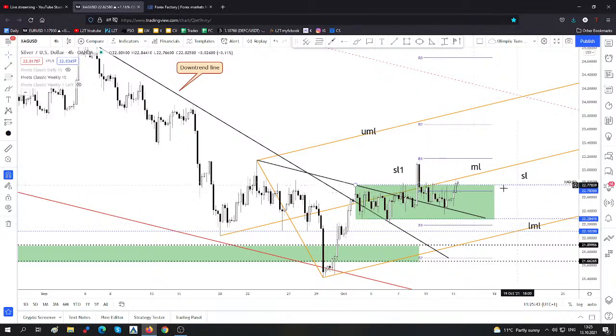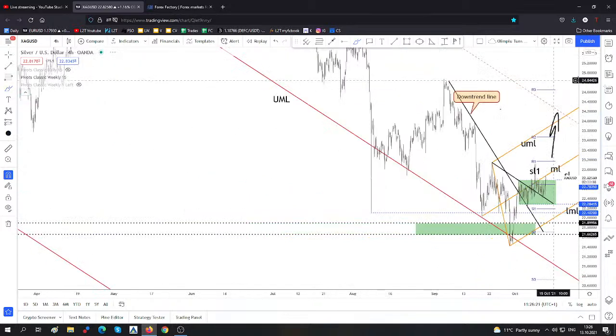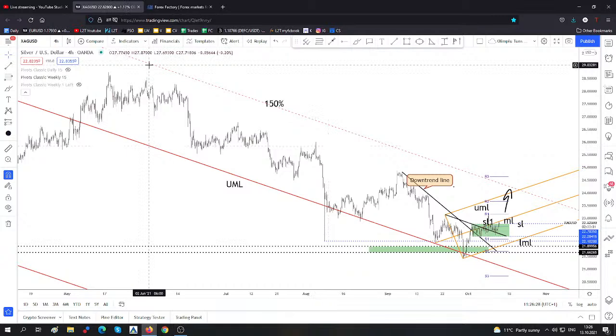Okay, so this is my opinion, my analysis here on silver ahead of the US inflation data, before the US data dump, because maybe a new false breakout, stabilization below the medium line could signal a potential drop, but right now in the short term, the bulls, the buyers are strong, only because the dollar index drops right now. So a deeper drop registered by the dollar index, a breakout here, a new higher high could maybe signal a potential strong growth towards the upper medium line, and also guys, towards this 150% Fibonacci line, because you can see here in silver that the price failed to reach the 150% Fibonacci line. It has dropped, retested the upper medium line, false breakdowns,